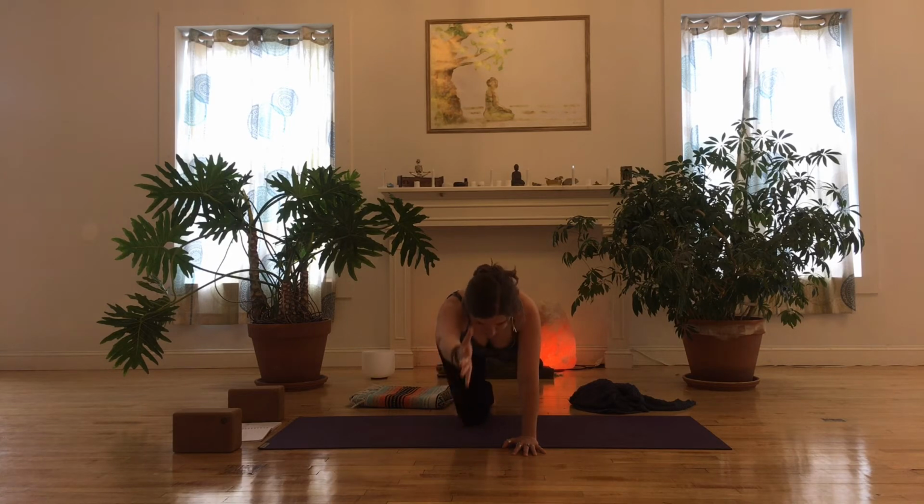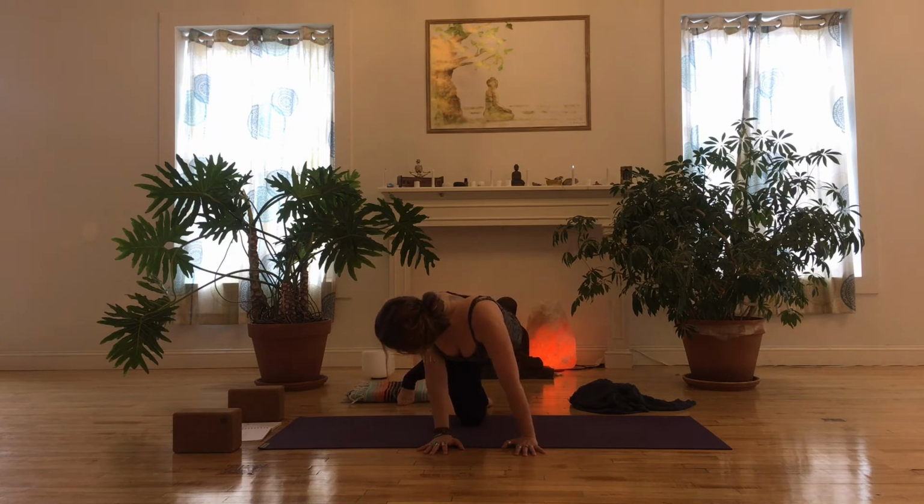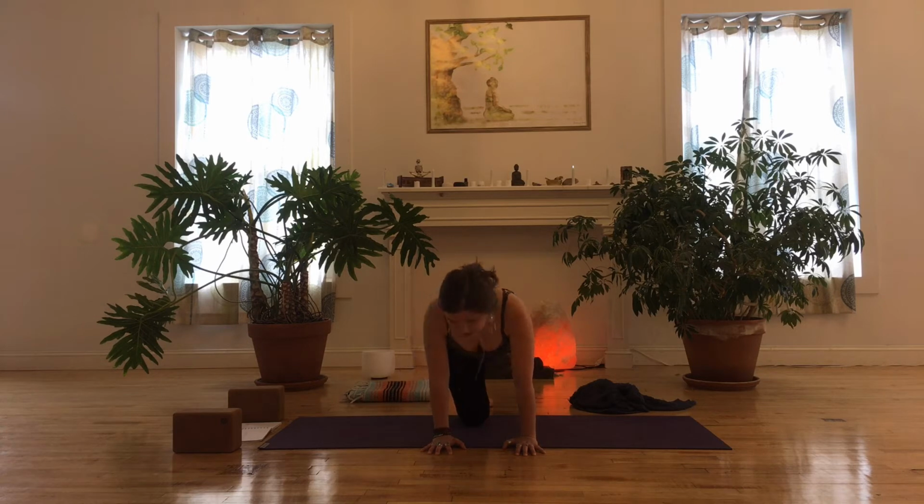Inhale, find the length, and then plant the palm down to the earth and take that left foot, send it over towards the right-hand side of your mat, and gaze over that right shoulder. Taking a breath in to fill the left side body, and exhale to settle into your softness. When you're ready, sweep that foot back through to center and extend it all the way out to the left-hand